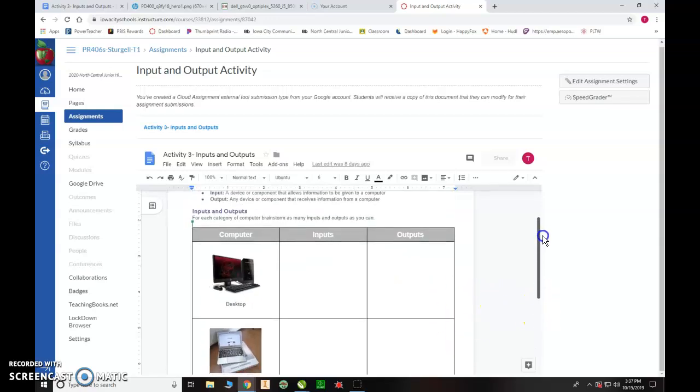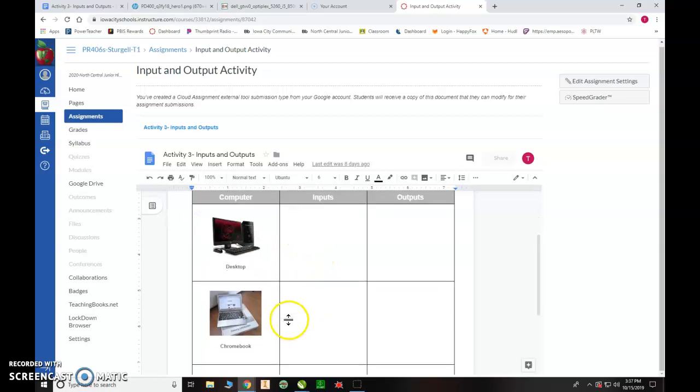Okay, so for this first part, you need to think about the physical computer in front of you. So how can I put things onto the computer? How do I get things off the computer? We talked a little bit about it yesterday. We use the desktop pretty much every day in class. So think about the things, what you want to get on, what you want to take off, and how you would do that. Okay. Once you figure that out, you fill it out, you and your partner,